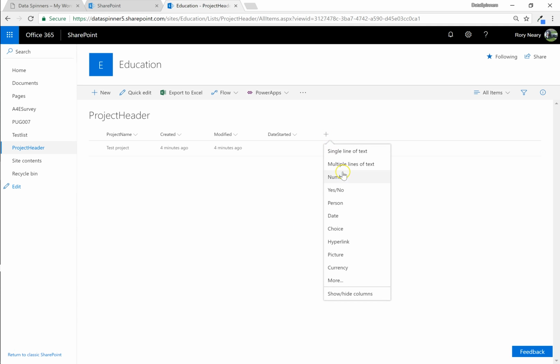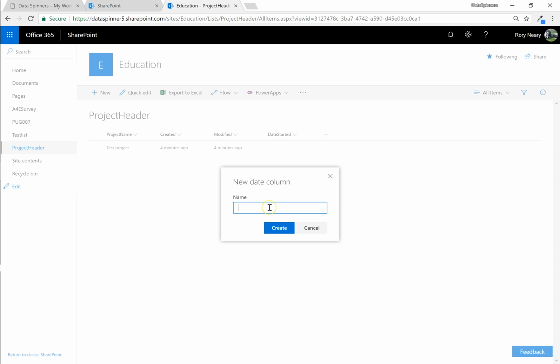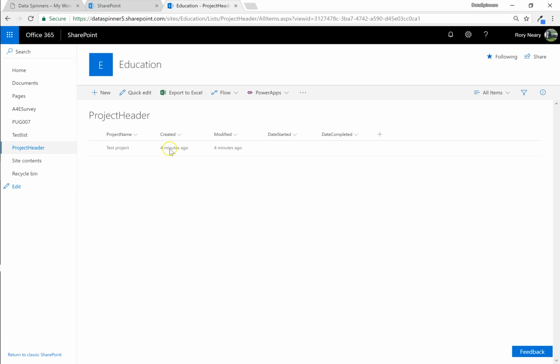And I'm going to do another field. I'm going to give it a date and give it date completed. So that's good. And I'll keep that created date. It's kind of all right, but date started is probably more important because you may create the line item on one day, but you may have actually started the project 3 days previously. And then I'm going to put the